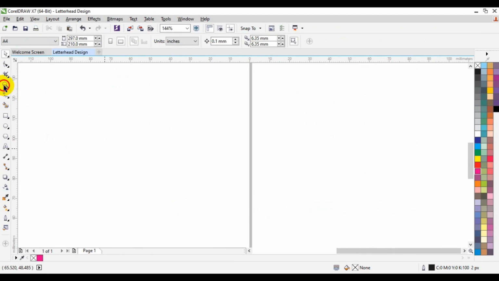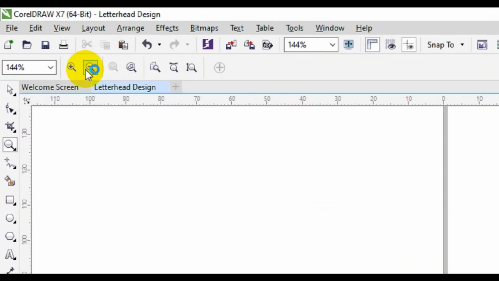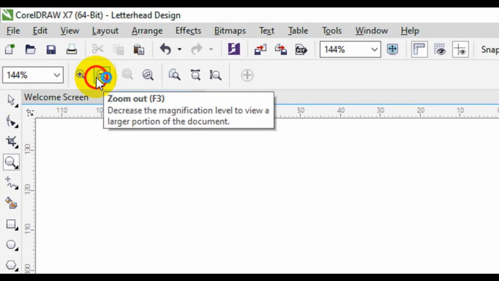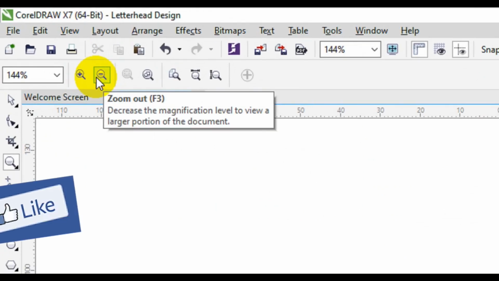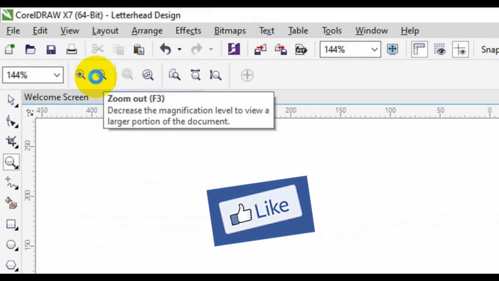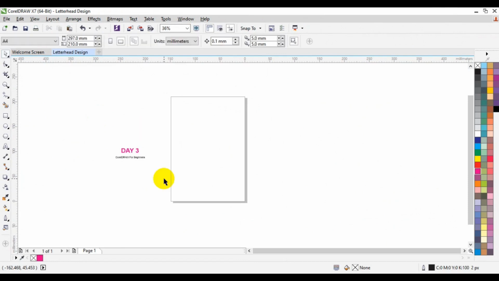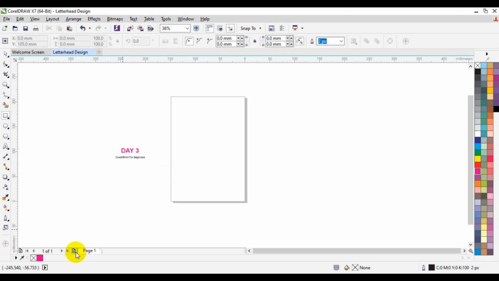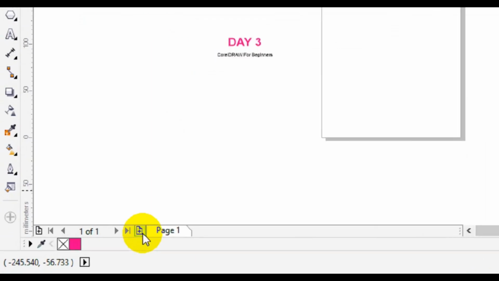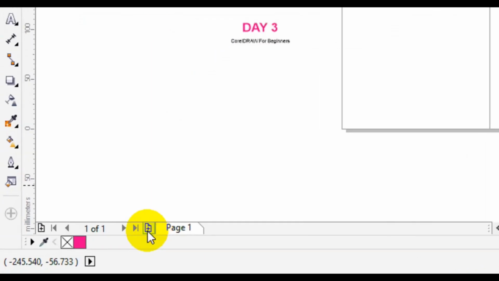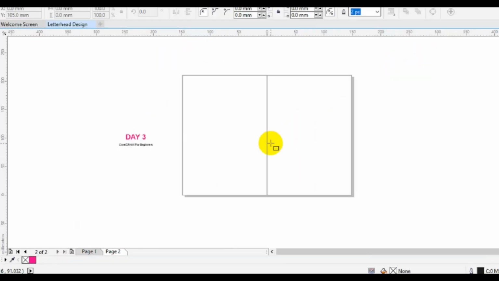So it's going to convert everything. So let me zoom in the entire document. You click on zoom to minus. Okay. Now we have a single page, but what we are going to do now to have the double facing page is that you come down below here from your taskbar here, you click on this plus icon. It's going to automatically add to your page. So we have a 2-page now.